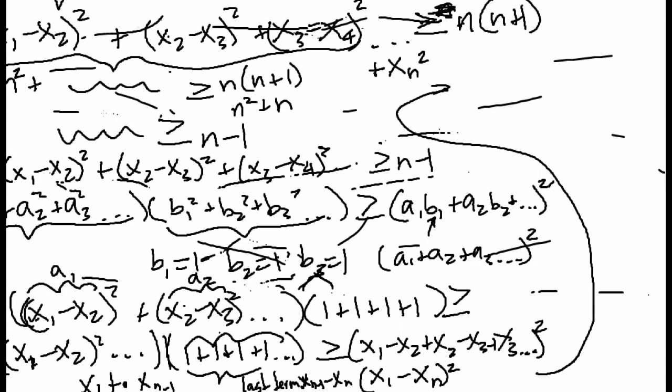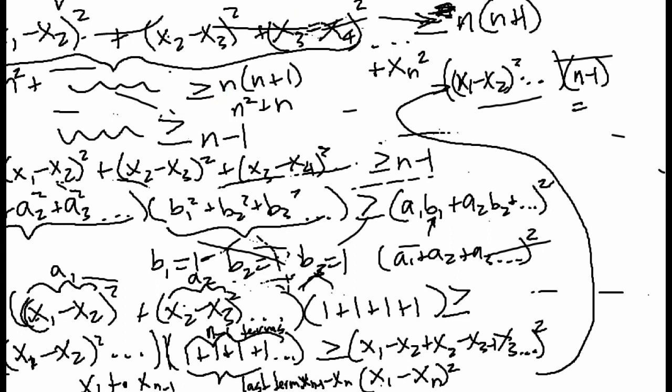And because of that, what's n minus 1 ones added together? Well, that's just n minus 1. So because of this, you get x1 minus x2 squared and so on, this thing multiplied by n minus 1,